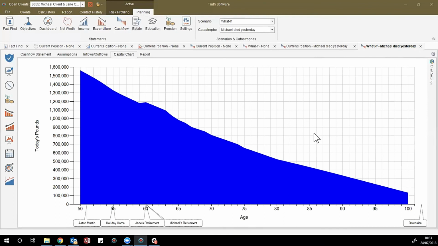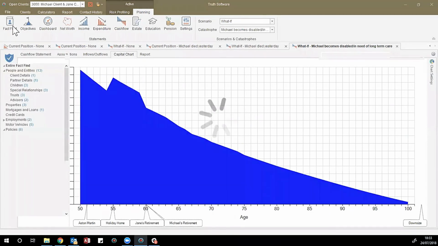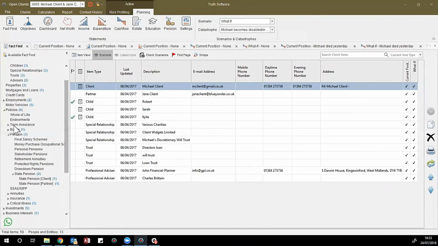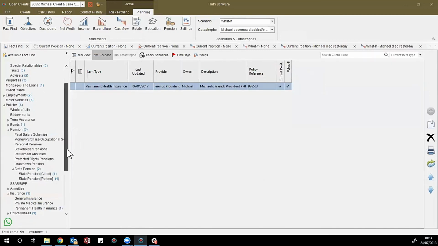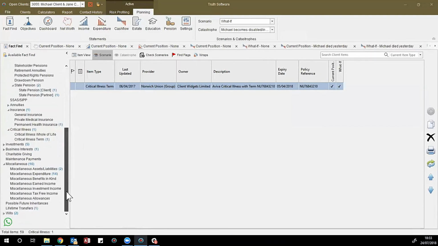And if you were to say that Michael was disabled, you can add insurances that pay out every month to him or to Jane. Absolutely, yeah. And you can also choose if they're taxable or not. Exactly. So you can use the existing policies within the system. Obviously they are UK policies, but we have term assurances there. We have private medical insurance, private health insurance. We have critical illness cover. But equally, you can just enter